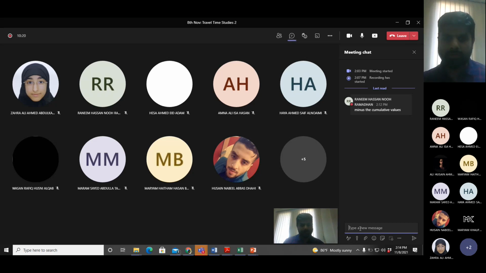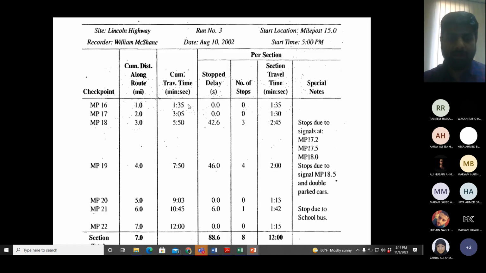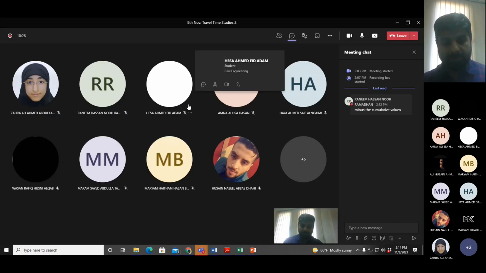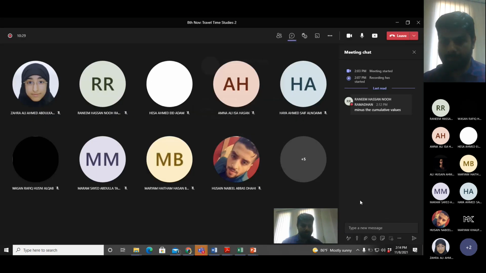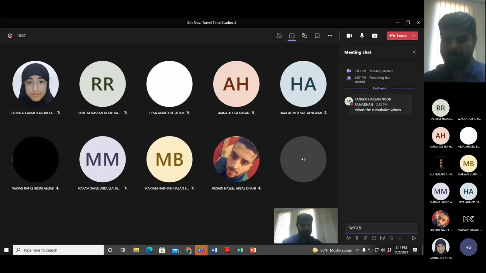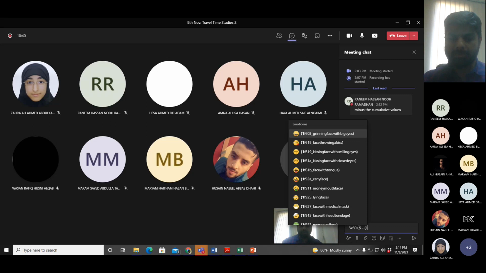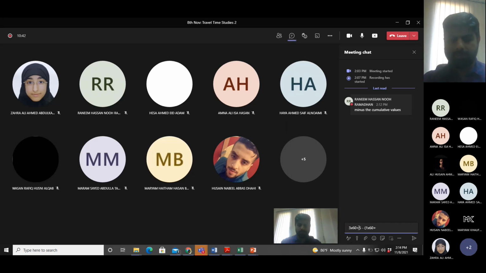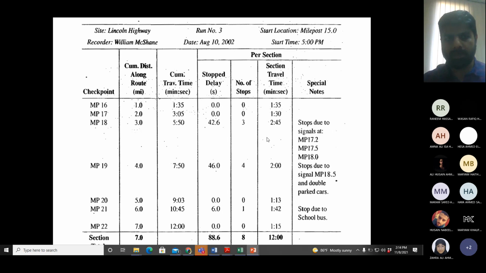How? So you are subtracting 3 minutes 5 seconds minus 1 minute 35 seconds, right? So 3 minutes 5 means 3 into 60 seconds, plus 5, minus 1 into 60 plus 35. Okay, the answer of this will be 90 seconds. 90 seconds means 1 minute and 30 seconds. Similarly, if you want to do it for the second one, 5 minutes 50 minus 3 minutes 5, so 5 into 60